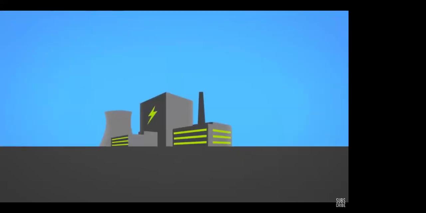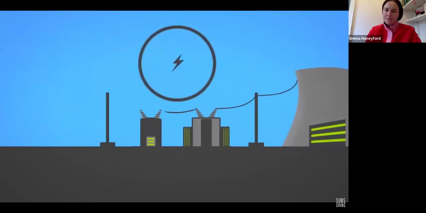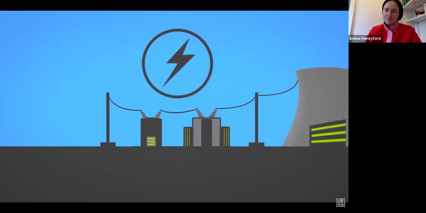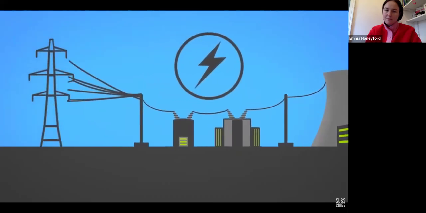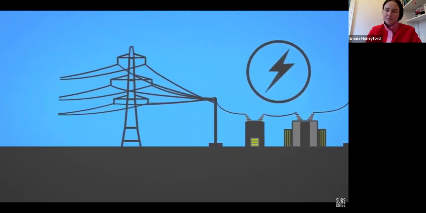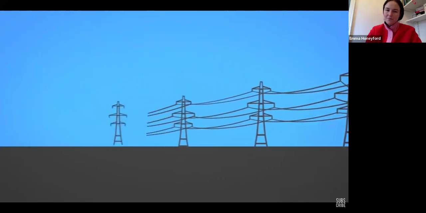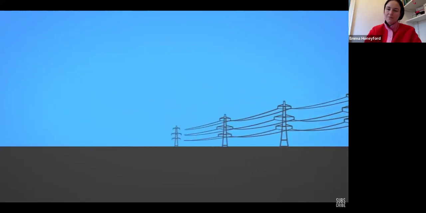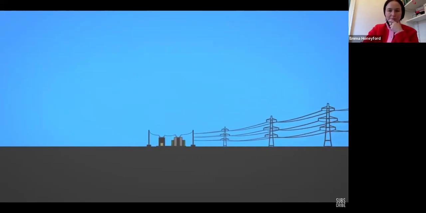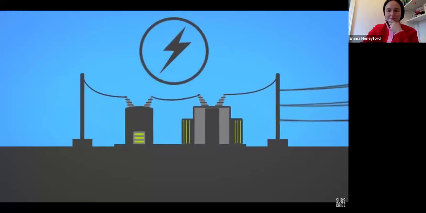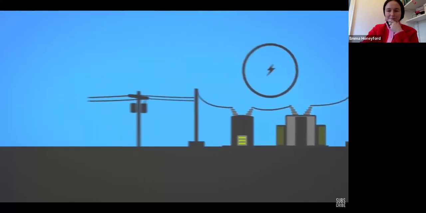After electricity is generated, the voltage is stepped up at a substation. This voltage increase allows electricity to travel long distances while minimizing the amount of electricity lost. The electricity then travels along transmission lines, either overhead or underground. Once it reaches its destination, another substation steps the voltage down to a level suitable for distribution lines that deliver